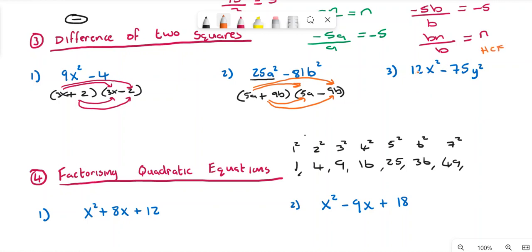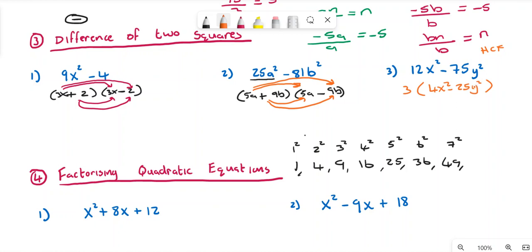And if we take 12 and 75, the highest common factor for both of these would be the number 3, for example. Then we can open up a pair of brackets and put our highest common factor out here. Then we divide each term by the highest common factor. So 12x squared divided by 3 is just going to give me 4x squared, and then minus 75y squared divided by 3 is going to give me minus 25y